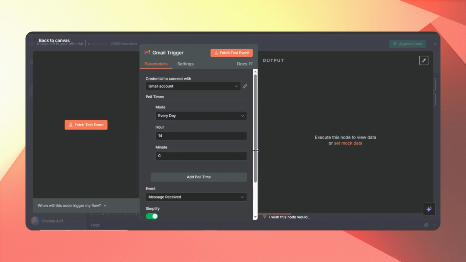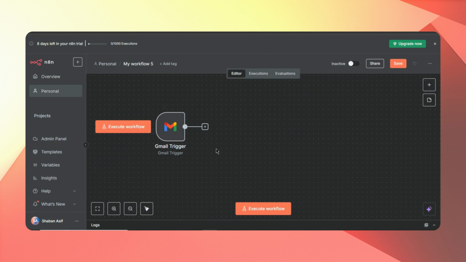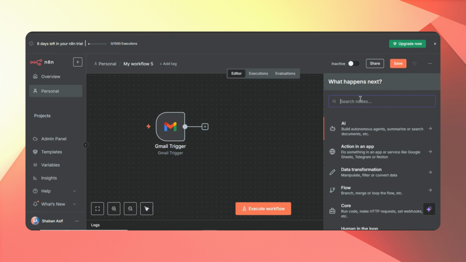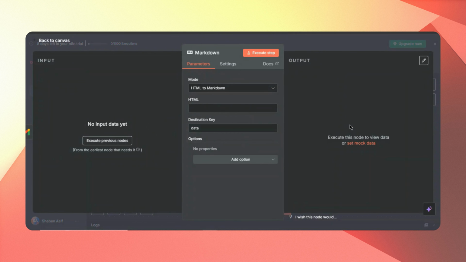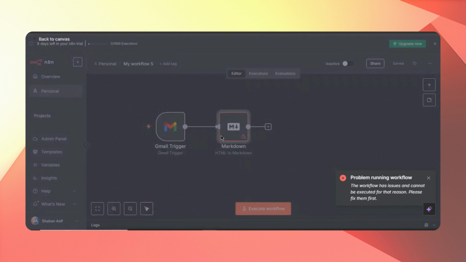So this is it. Now that we have it, I'm going to add a new node where I am going to put it into Markdown. So the email that we receive here, I'm going to convert it to Markdown so we can easily feed that to our LLM model so it can just play along with it. Now, when I execute the previous node, you will see I will get an email,